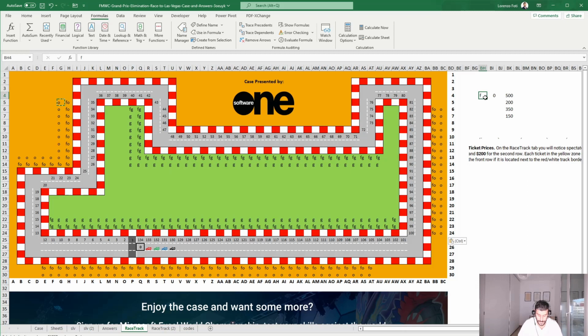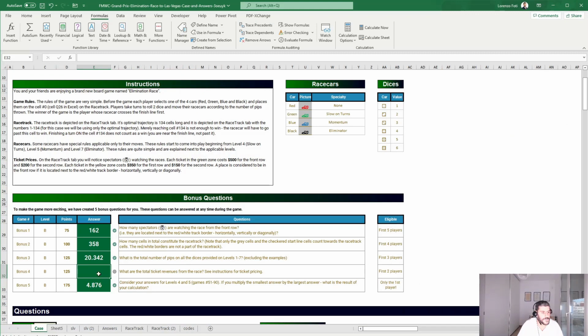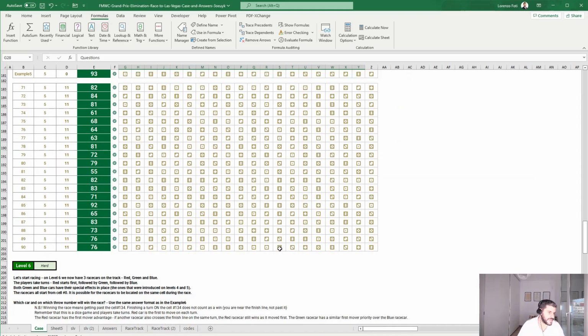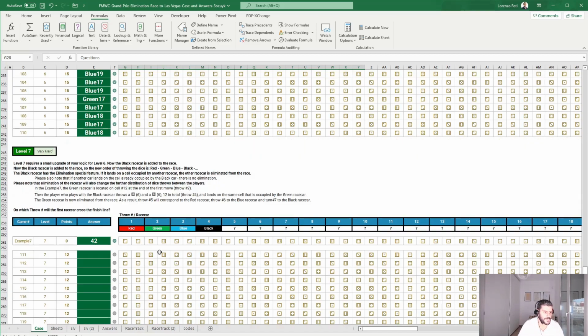So first green, green, first orange, and orange. Basically a SUMPRODUCT of those two. 96,900. And that's correct. So, okay, I think we're there, except for level 7, of course, that I will need to